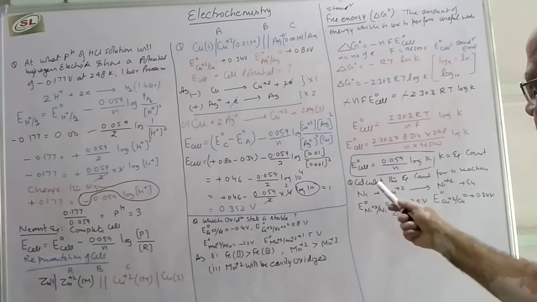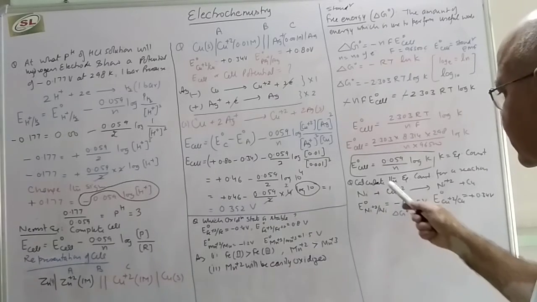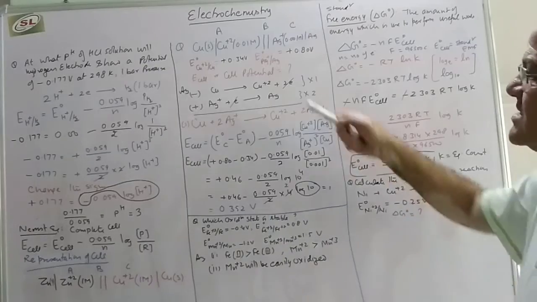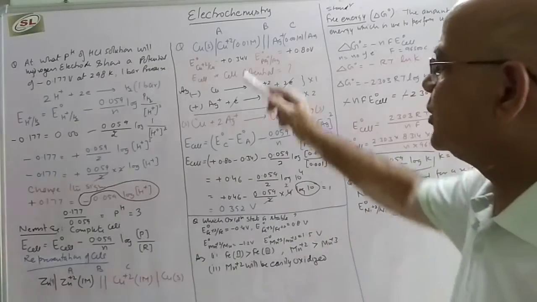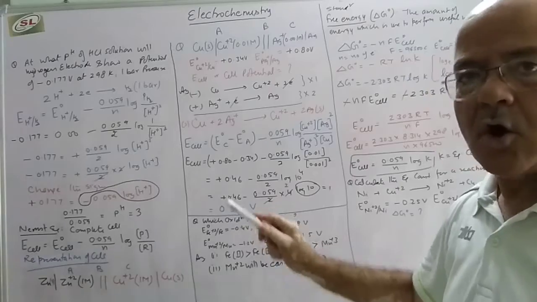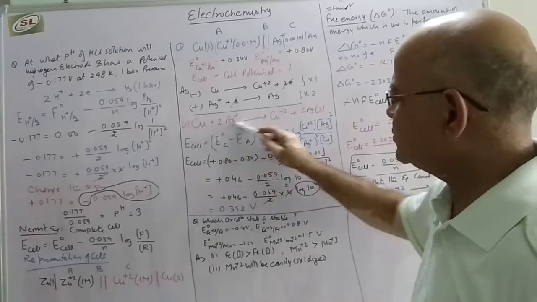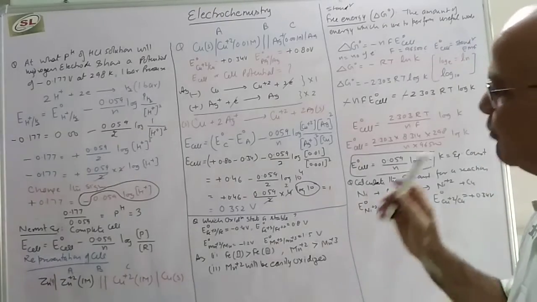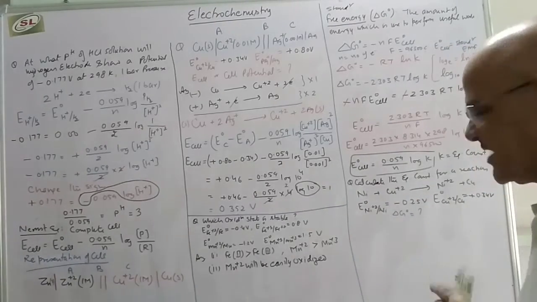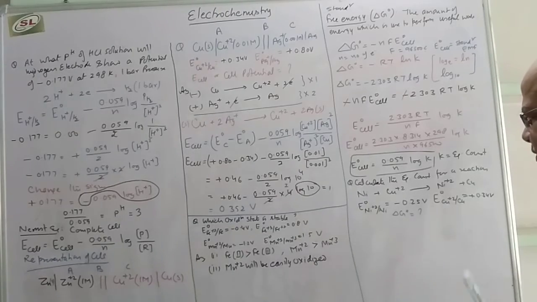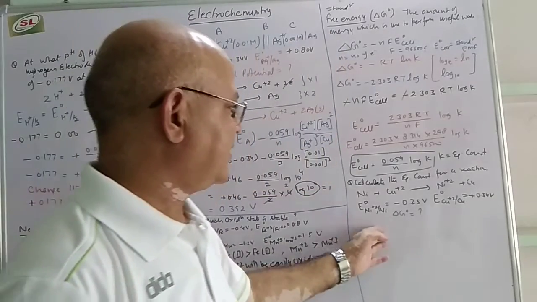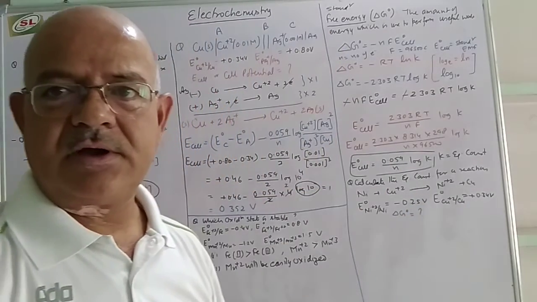Here, the question is, calculate the equilibrium constant for a reaction. The equation is given to us. Previously, in some places, you can get the cell like this, or the question may be given in the form of a reaction. So this is in the form of a reaction. Both kinds of things we can see in the question. Electrode potentials are given and we have to find out the delta G naught and equilibrium constant. For this,